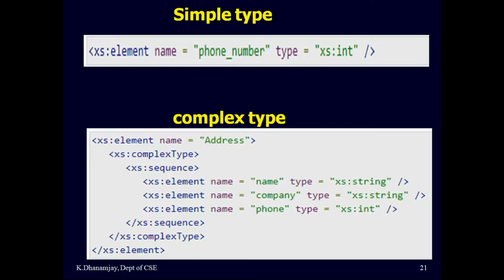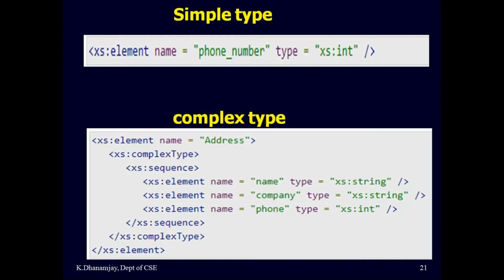Simple type means it's used only in the context of the text. Some of the predefined types are xs:integer, xs:boolean, xs:string and xs:date. So those are all simple types. Widget is used only in the context of the text, and some of the predefined types are integer, boolean, string, date. Okay, and what about complex type here?